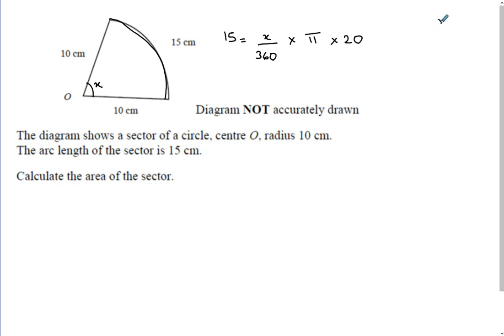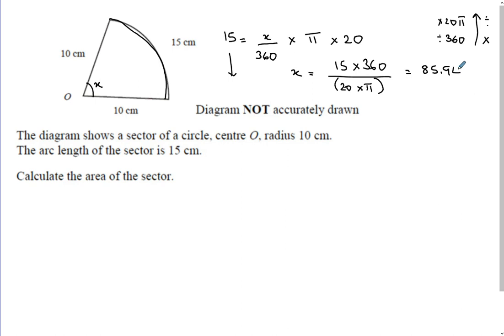We multiplied by 20 pi and divided by 360, so now we go backwards and do the opposite. We multiply by 360 and divide by 20 pi. That's what we do to the 15. So you go 15 times 360 divided by 20 times pi on your fraction button, and you should get x, which is